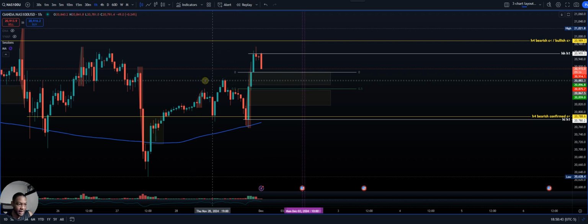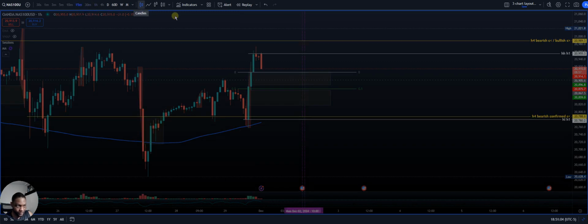So this is where the last higher high was right here at 2886. So we're waiting for the candle to come below this area and potentially not close below, so it should be able to hold. So if we go down to the 15-minute time frame,